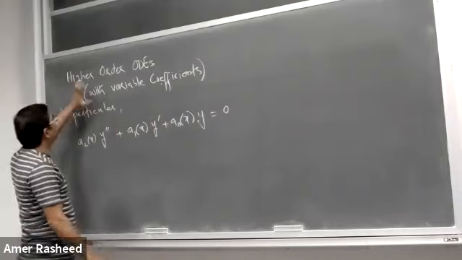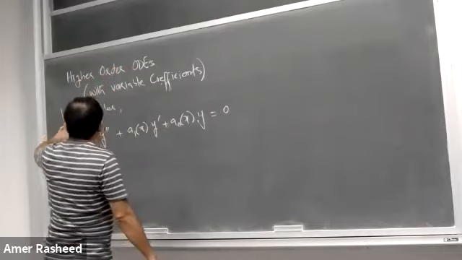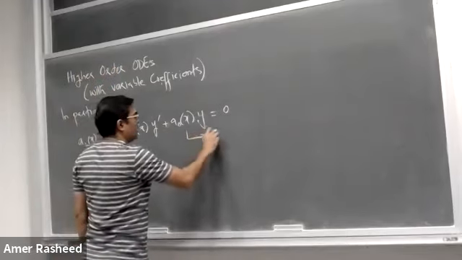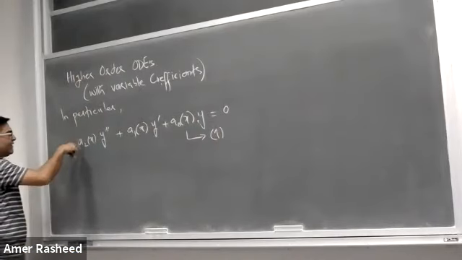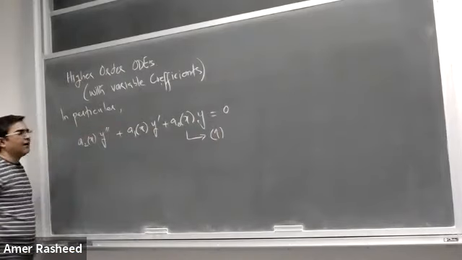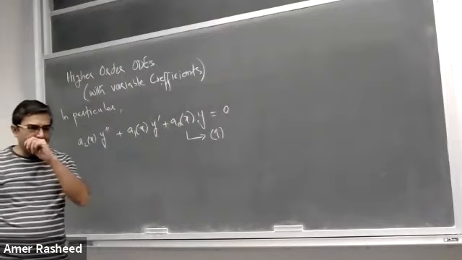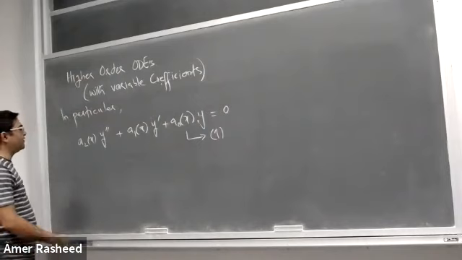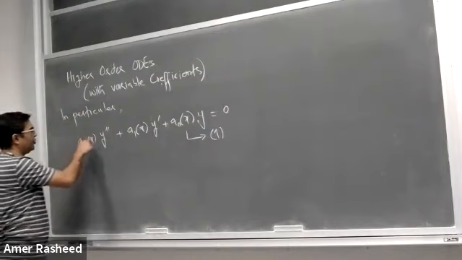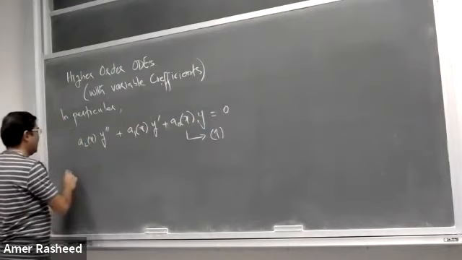So this is basically a homogeneous second order ODE with variable coefficients, meaning A2 of x, A1 of x, A naught of x are variable functions. They are functions of x. They could be any functions of x, but for the time being,